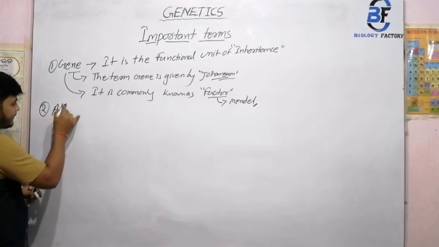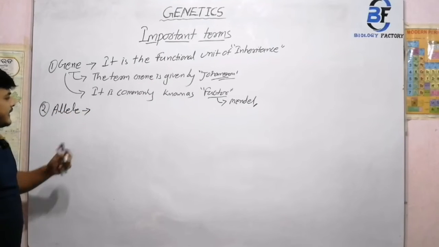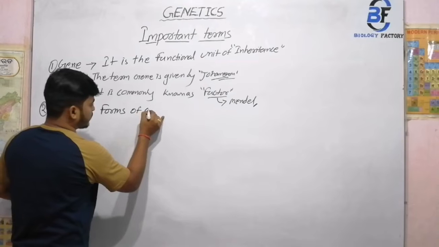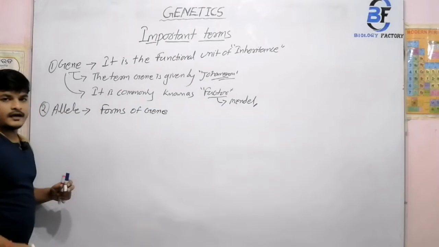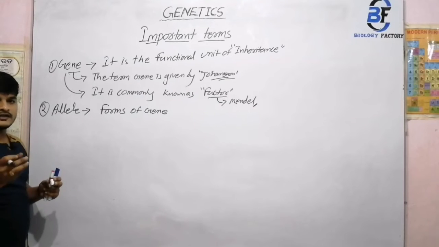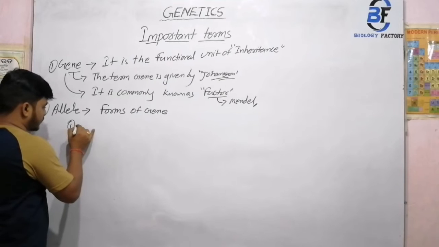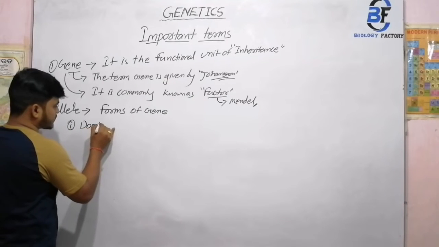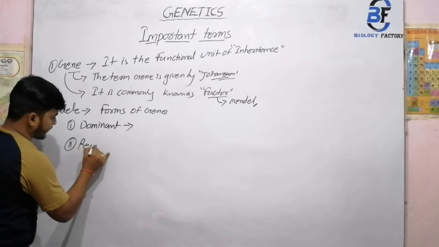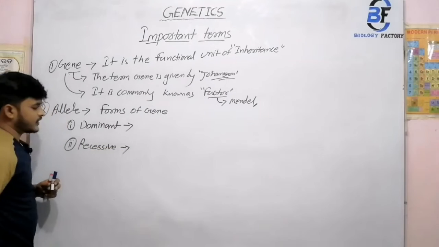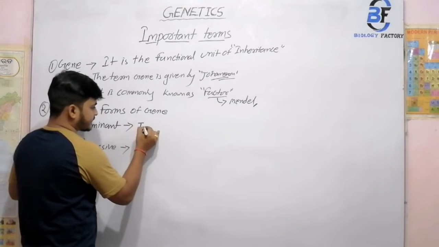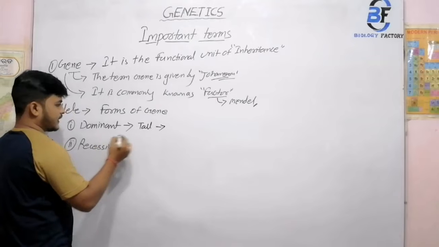Next, allele. Allele is the form of a gene. Most commonly, there are two forms of a gene. One is dominant and the other is recessive. The first one is dominant and the second one is recessive. If we take an example of a plant and its height, here it is tallness, then the dominant